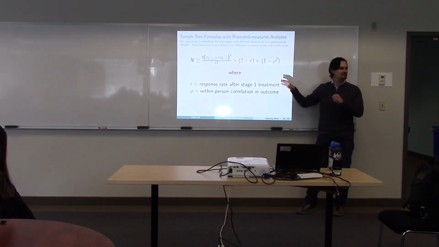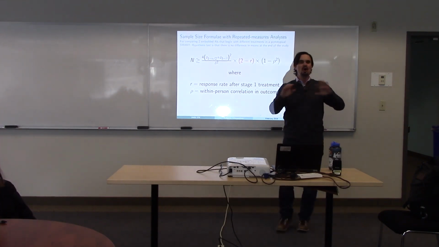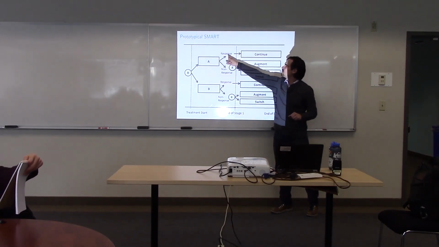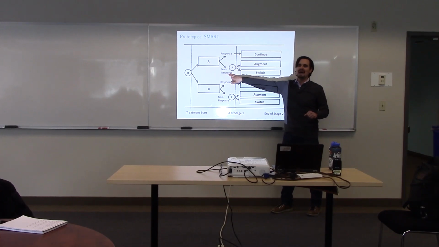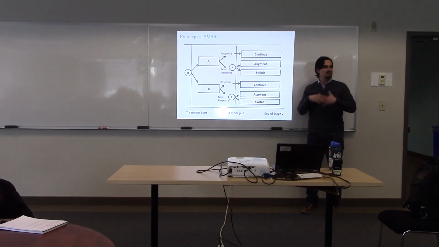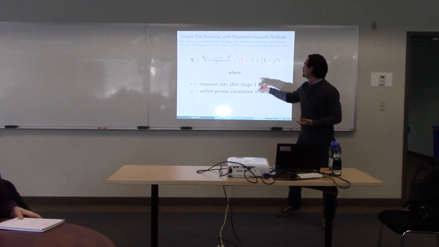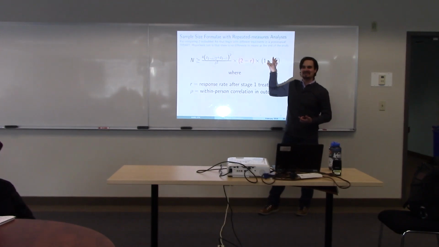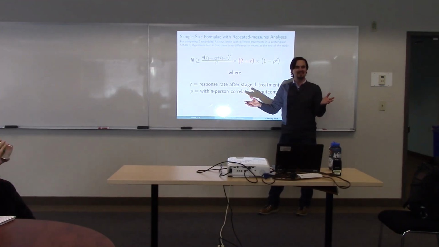So let's study that for a moment, right? Let's all pretend that in this study, I had no responders, 0. Everybody was a non-responder. What would happen? We would essentially have just 4 groups, right? Well, that's why we would essentially be doubling the standard sample size formula, because we'd be going from a 2-arm randomized trial to a 4-arm randomized trial.